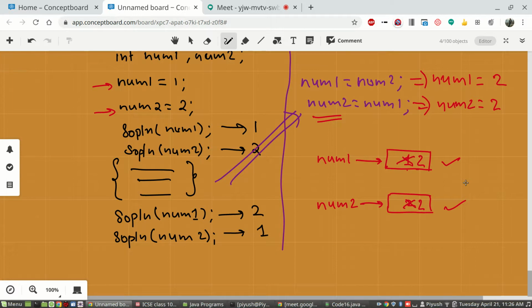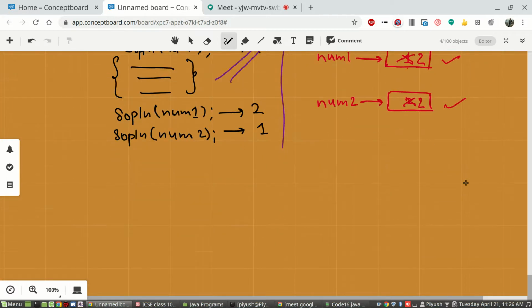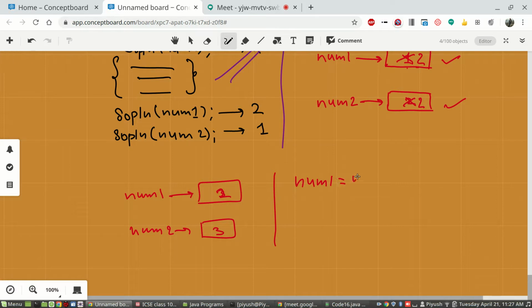Because in our case, we initially put num1 as, let's say, 2 and num2 as 3. When you wrote the line num1 = num2, the value from num2 was fetched and replaced the value in num1. So num1 became 3.